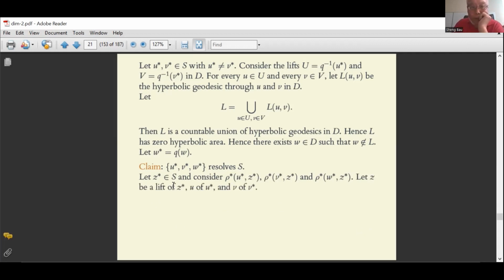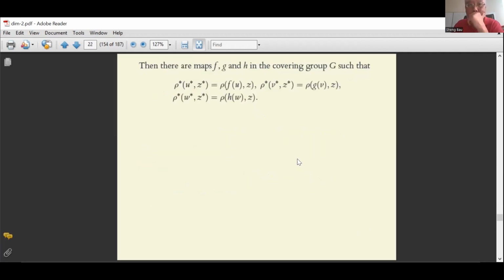Let Z be a lift of Z star, and U of U star, V of V star, and W of W star, which is probably not used. Then there are maps F, G, and H in the covering group G. These are elements of the group, such that these groups are maps of the hyperbolic plane, by the way, because it's a Fuchsian group,